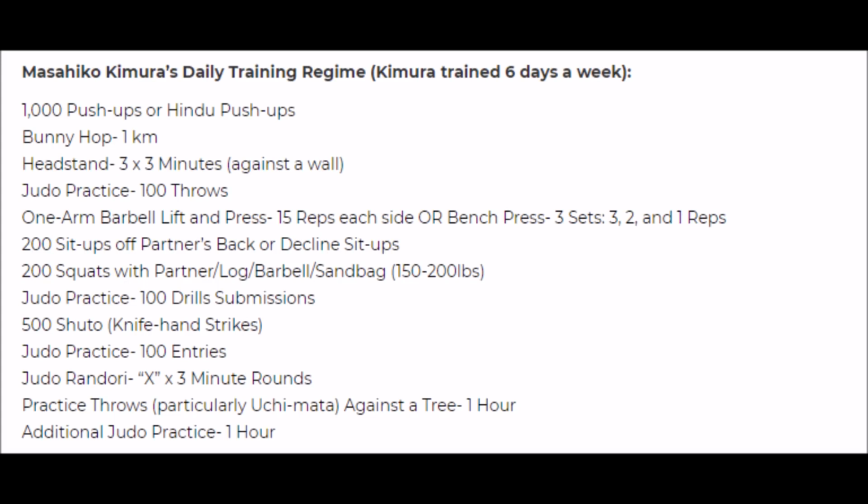You have also the uchimata against a tree, and also the osotogari that we talked about, drilling it on a tree as well, and also an additional practice for 1 hour. Now, it says that he used to do this for 6 days a week. Is it plausible? Maybe. There are, however, some exercises that can clearly be overdone, and overtraining is a real thing,